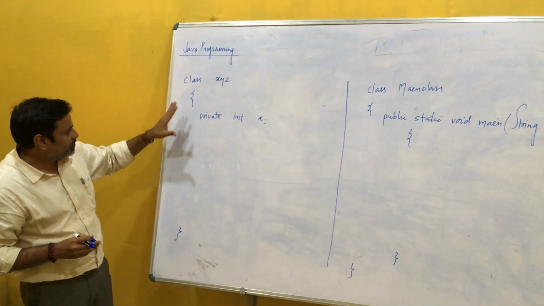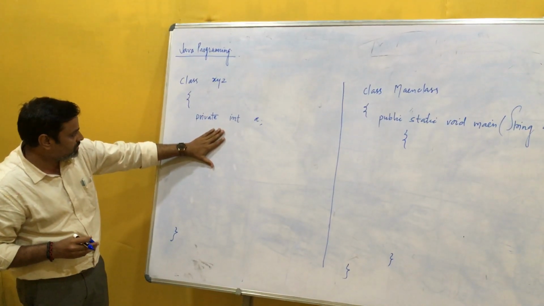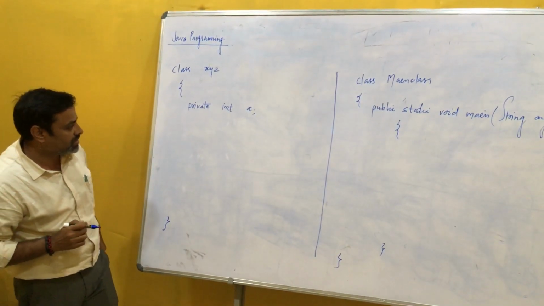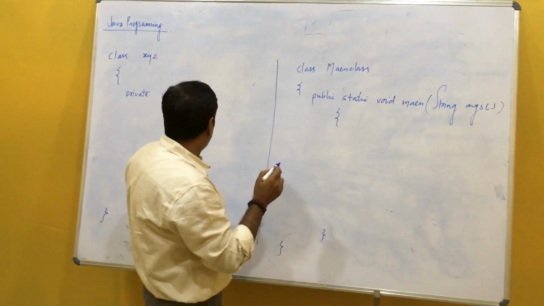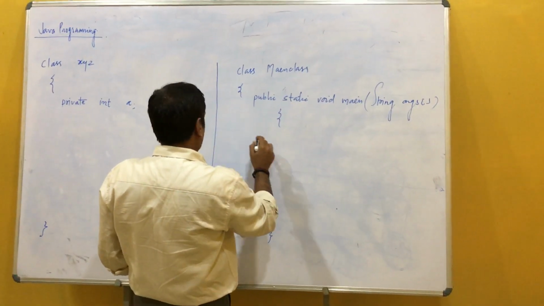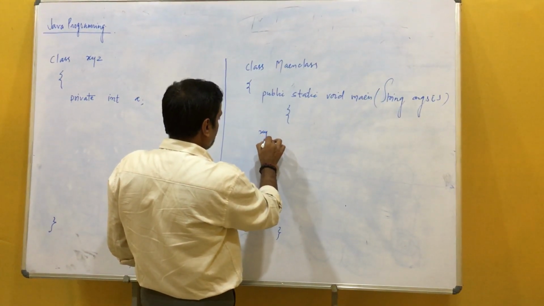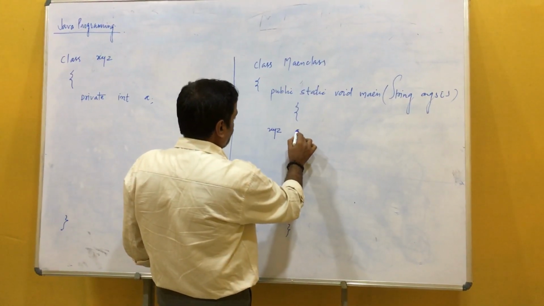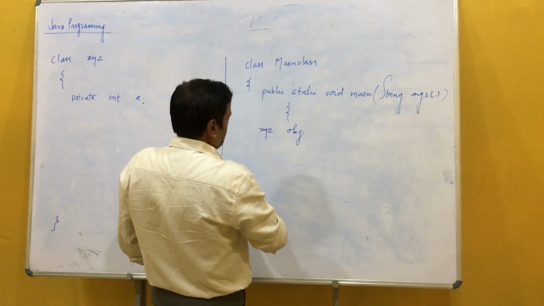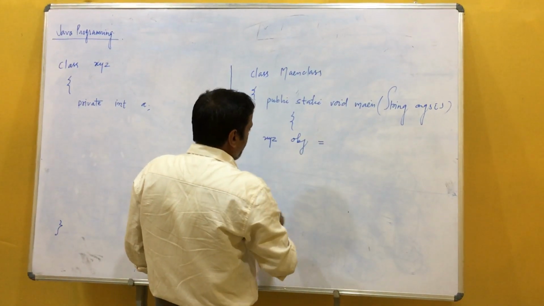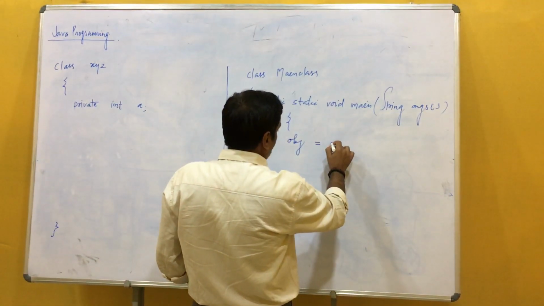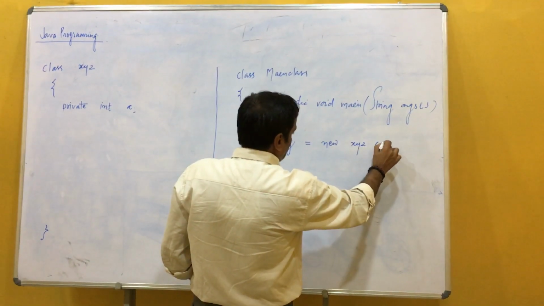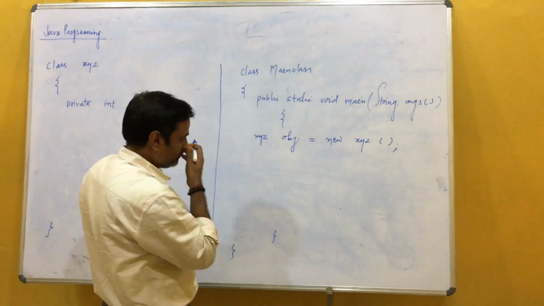This is my class, with only one data member inside it. Let me create an object of this class inside the main function. So in Java, how to create an object? The syntax for that is, I need to write the class name here, XYZ. After that, I'll provide a name here, let's say OBJ. Okay, equal to, this is the assignment operator, new XYZ. Now look here,